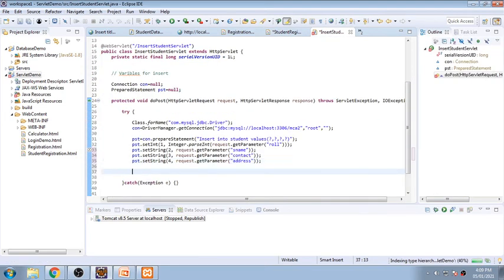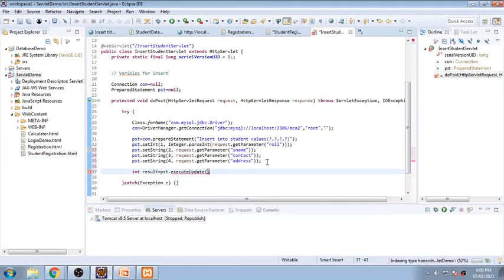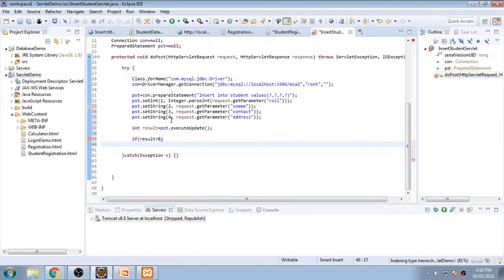And after receiving everything I need to check it. So int, I will set it in the result. So if a record is inserted, pst, that is prepared statement dot execute update will be there. As soon as the update is carried out, if the record is inserted, the initial value will increase from 0 to 1. So we'll be checking everything, and after that we'll be displaying an appropriate message. So if result is greater than 0, it means something has happened. So what is that? You need to display everything in the format of out.println. So we'll be directly writing this one.